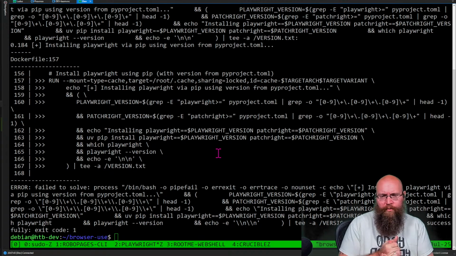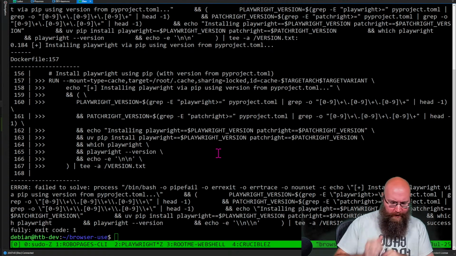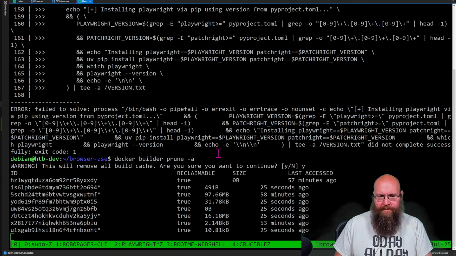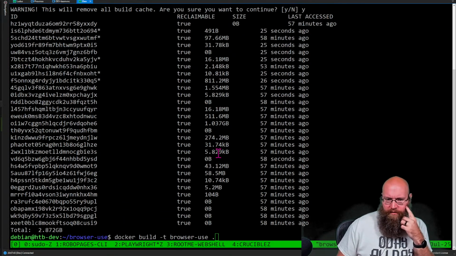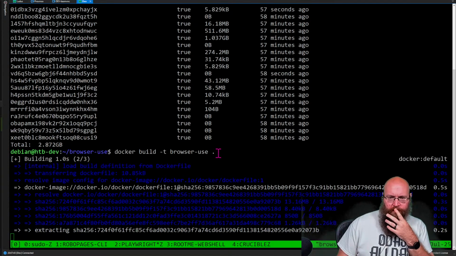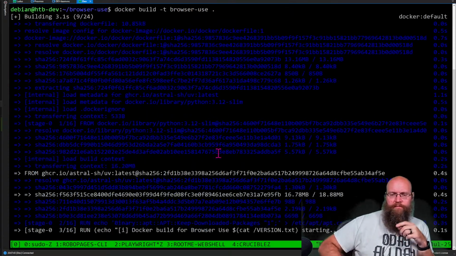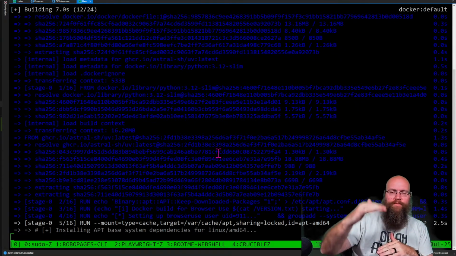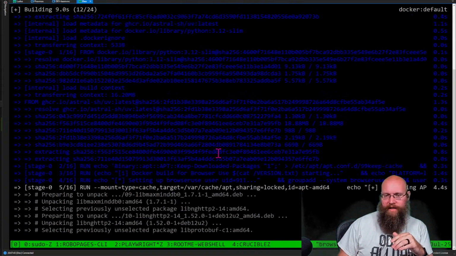I wonder if I need to wipe the cache when I do that. Let me wipe the build cache real quick. We'll try a fresh build of it, because if something was wrong in those cached layers, that would make sense.